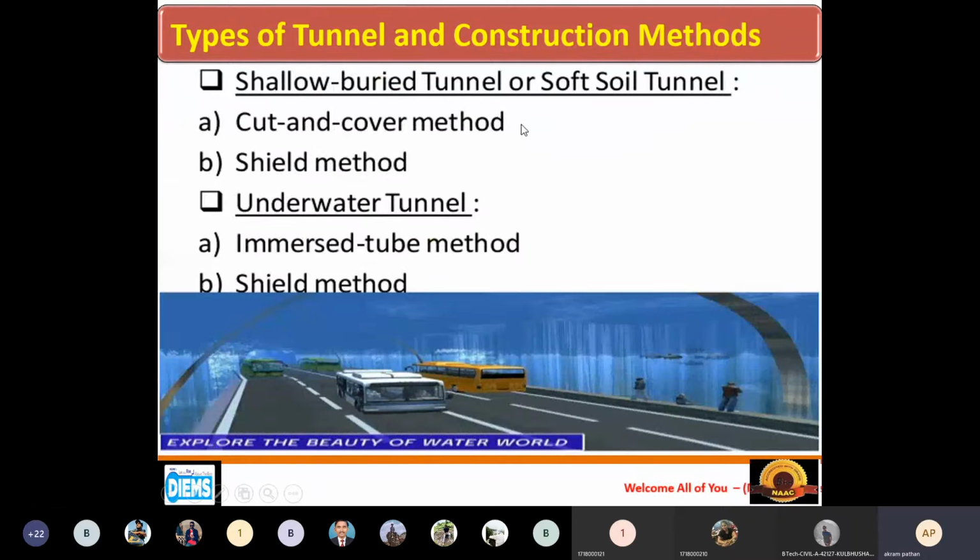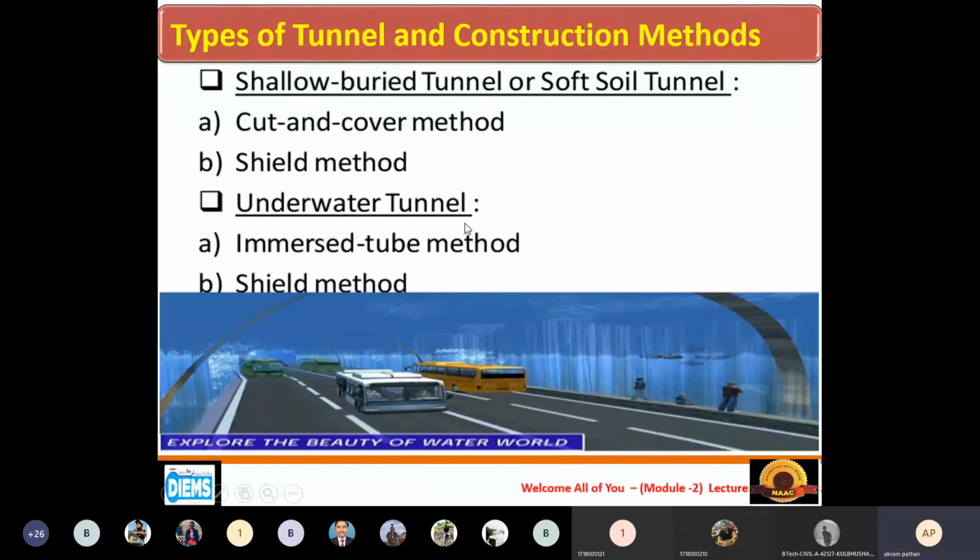Then another type of tunnel, if you want to construct a shallow buried tunnel or soft tunnel in case of soft soil, then we have to use the cut and cover method, and another important method, that is the shield method. Then if you want to construct an underwater tunnel, we have to use the immersed tube method and the shield method.